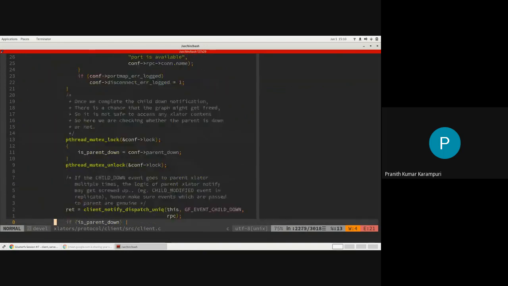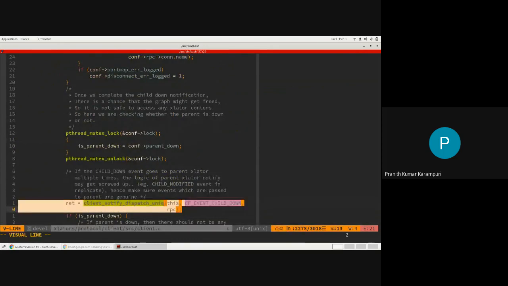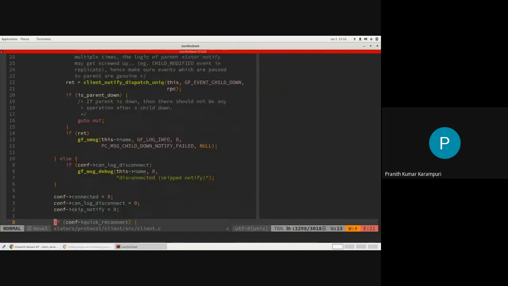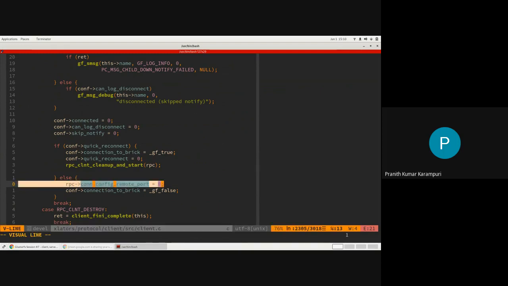Once this happens, it will send the parent translator that this subvolume is down. Once that happens, basically, if you remember the previous one, it is changing these ports and host names, right? So here it again changed the remote port to 0.